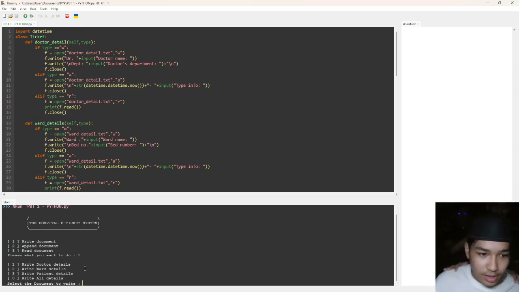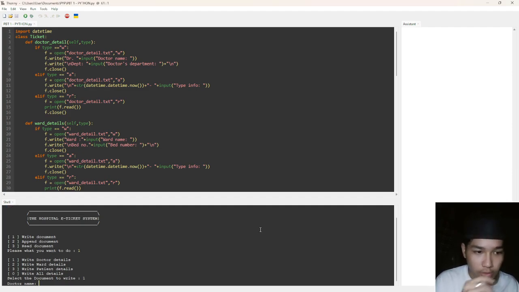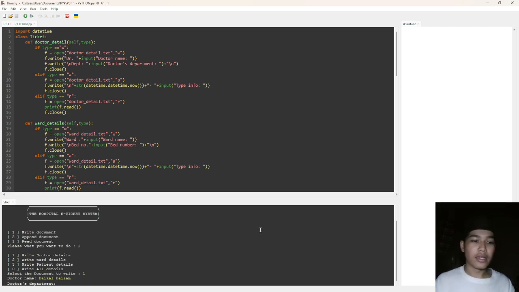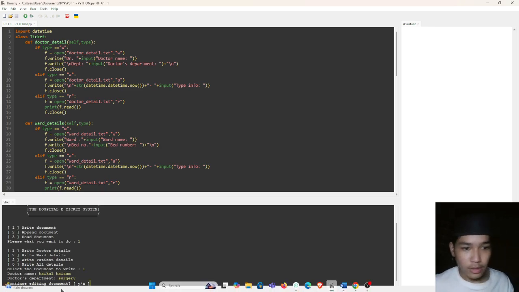So the next question the program will ask us is whether we want to write doctor detail, write patient detail, and lastly write all detail. So I will go for number 1, write doctor details. Enter. And then the program will ask us to input the doctor name. So for example, I will put some. Then we click enter, and the program will tell us to input the doctor department. So for example, I will put surgery,